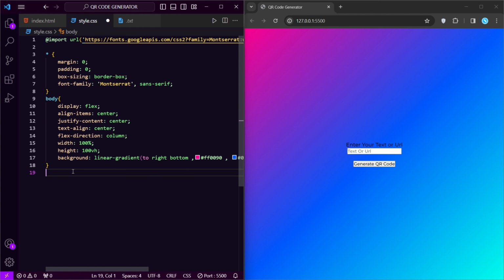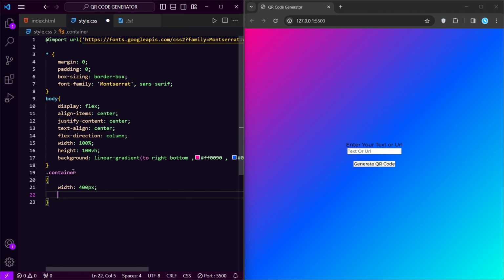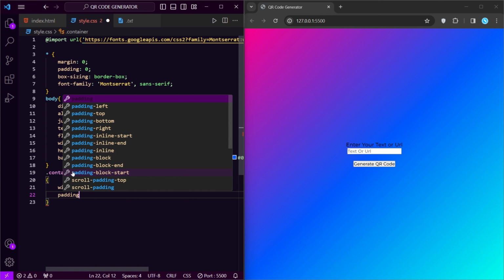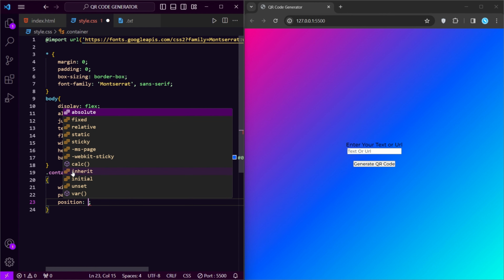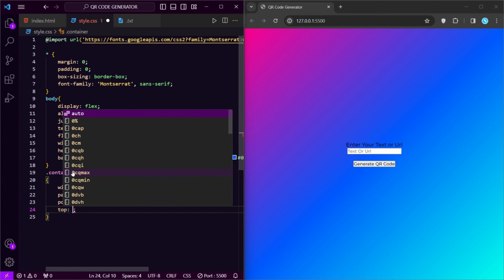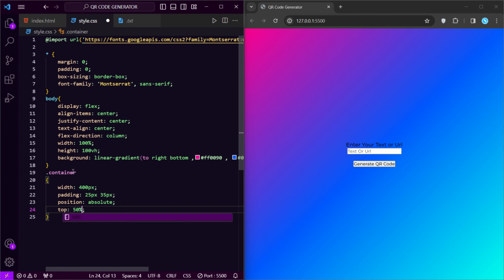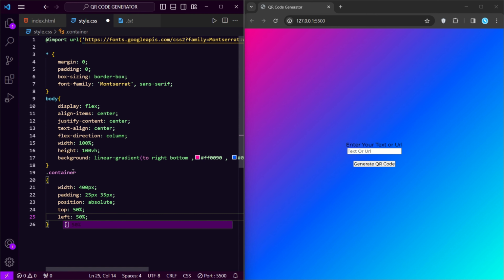Now let's go to the class container. In the class container, we have to give the width of 400 pixel, padding of 25 pixel and 35 pixel, 25 pixel, 35 pixel. Save it. The position should be absolute. At top it should be 50%. At left it should be 50%. Save it.